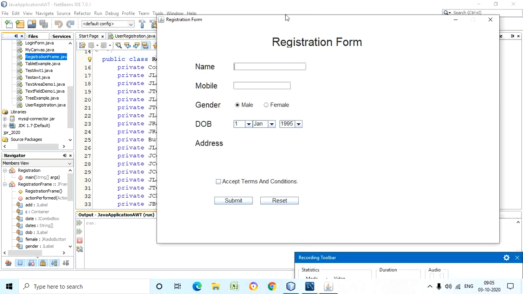For a registration form, this is your y coordinate, right? But for a name you have to increase your y coordinate, because in a graphical user interface system this is your x coordinate and this is your y coordinate. So here there is a very small y coordinate, but in case of name, you have to increase the y coordinate value. So it is required. By observation you can do it, right?